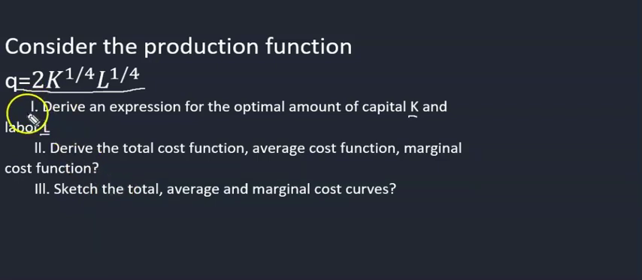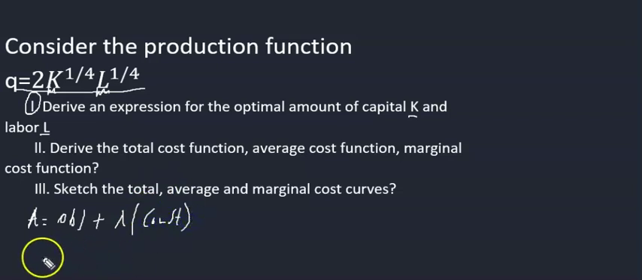So let's begin by working with the first one. We need to find the optimal amount of capital and labor. How do we do this? The first thing that we need to do is to set up the Lagrangian multiplier, which is just the objective plus lambda multiplied by the constraint,